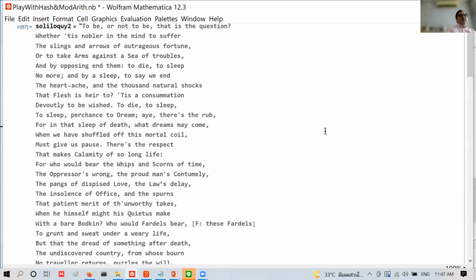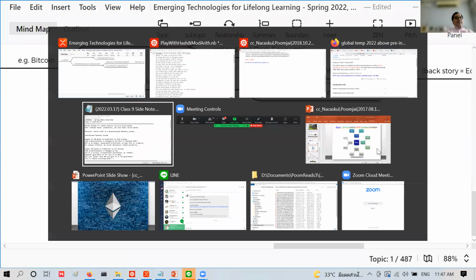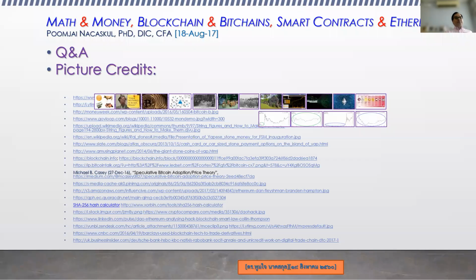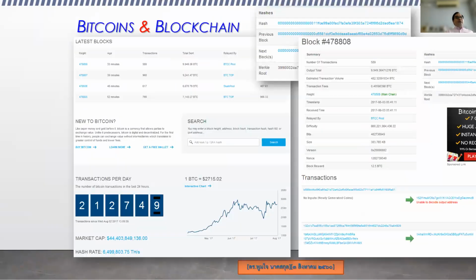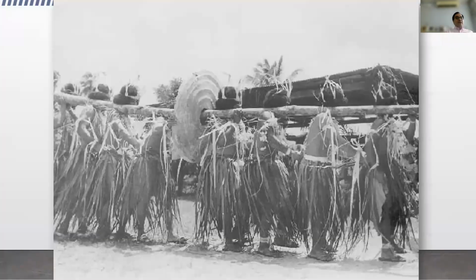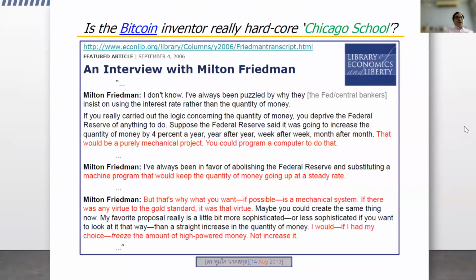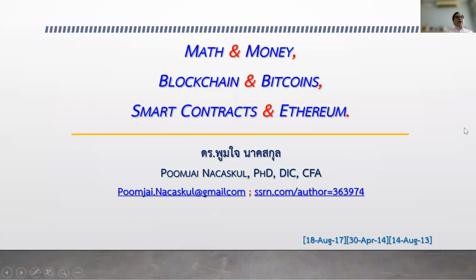Where's the code? Okay, I haven't said it. Right. So again, what have we done today? I tried to trace the original spirit of money. Math and money, that's what it's all about. And the invention of blockchain that really drives Bitcoin, and the smart contract that is sort of like Bitcoin